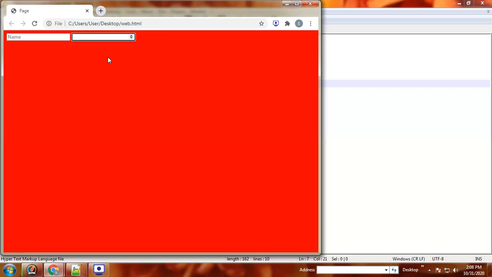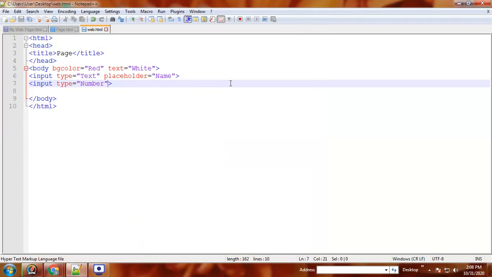Another feature of number is that you can increase and decrease the number with the arrows: 1, 2, 3, and diminishing 3, 2, 1, 0, -1, -2. This is a feature of number.